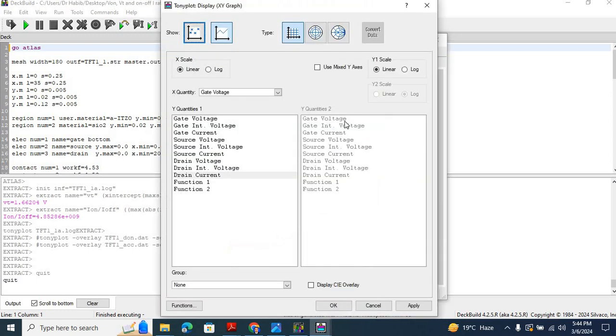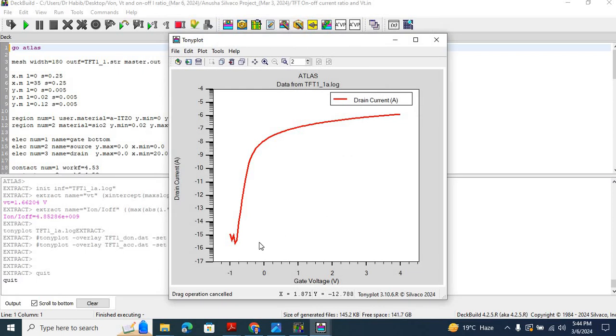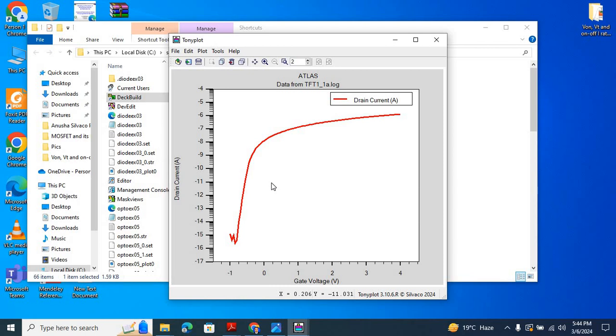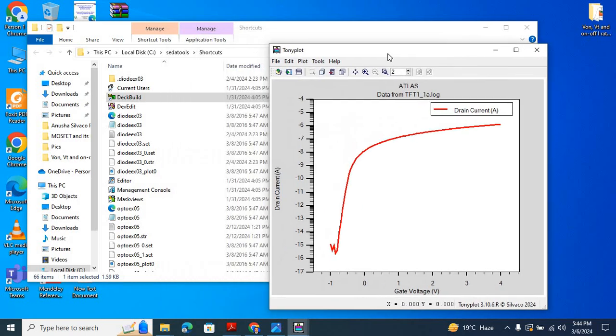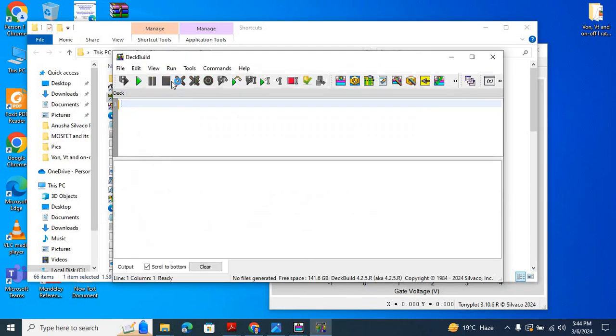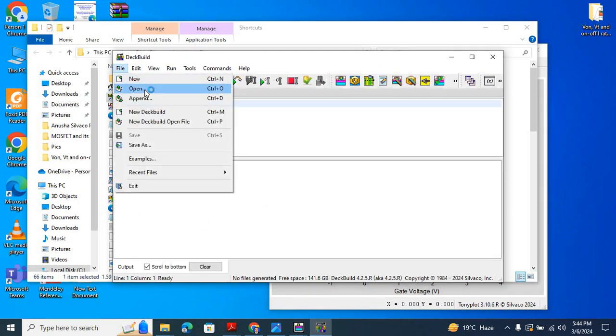Also, in order to visualize the on-off current ratio, once again I look at the semi-log IV characteristic for this thin film transistor, hit apply, click OK, and now we see that the minimum current is approximately 10 to the power of minus 16 amps, and the maximum current is around 10 to the power of minus 6 amps. So we actually see an approximately 10 orders of magnitude rectification. And once again, for some reason the program has